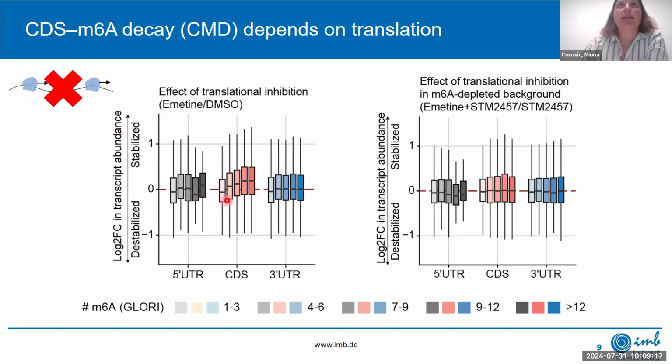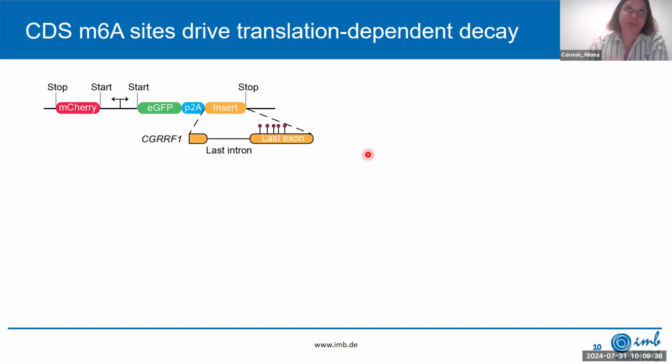And even more importantly, we performed translational inhibition also in an m6A-depleted background, and here this effect was gone, which really made us think that maybe translation can be coupled with this CDS m6A-specific decay. And in order to try to investigate it further, we made a reporter assay, where our reporter has the GFP coupled to the P2A site with the insert